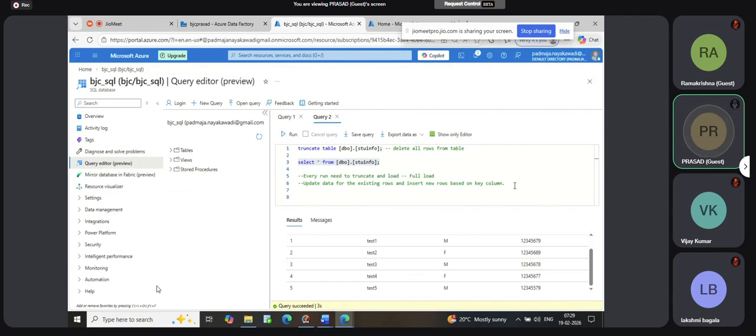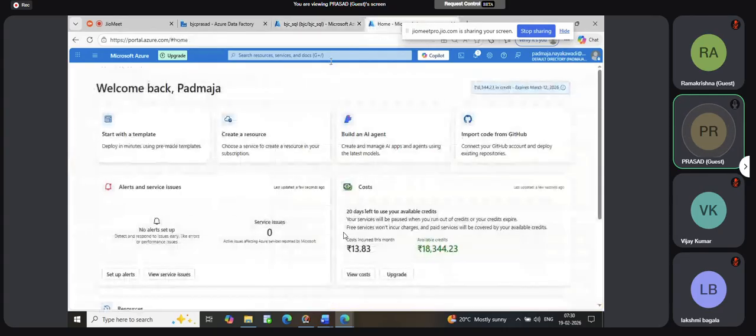How does this upsert work? Update data for existing rows. So already it is checking for ID. If one ID is available, there is no change. Even if there is any change, it will update. If any new row comes, then it will insert. So what I'll do,